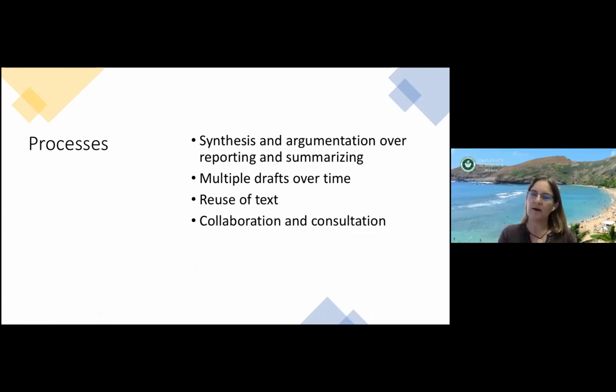Another is what we ask students to do in terms of the processes of their writing. You may have encountered grad students that write literature reviews that are literally a series of paragraphs summarizing various articles they've read, which is often all they're asked to do as undergrad. But in graduate school, we don't want them to stop there. We want them to synthesize. We want them to argue from the literature and from the research that they do. So even the process of reviewing the literature is different as graduate students.